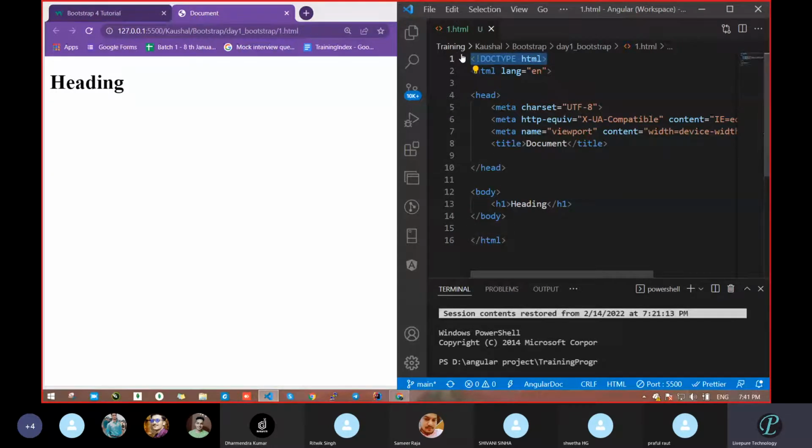First it checks the document, HTML5. Then it starts from here: it should be language English. Then the head section, meta, then title, and so on, one by one. It's not like it goes directly and looks in the browser. Not like that. So, line of code.